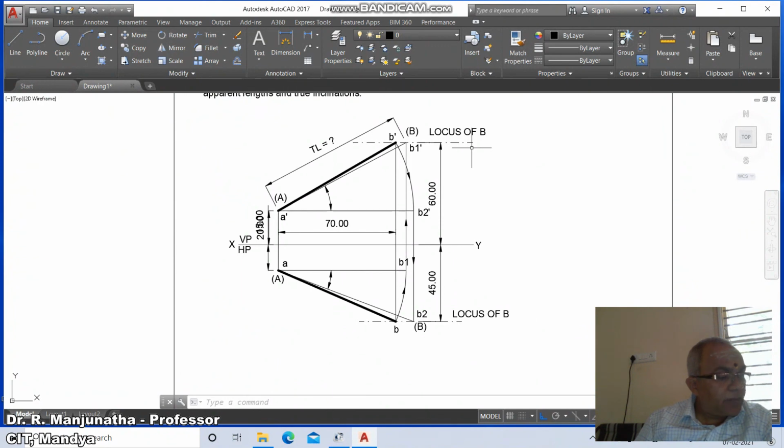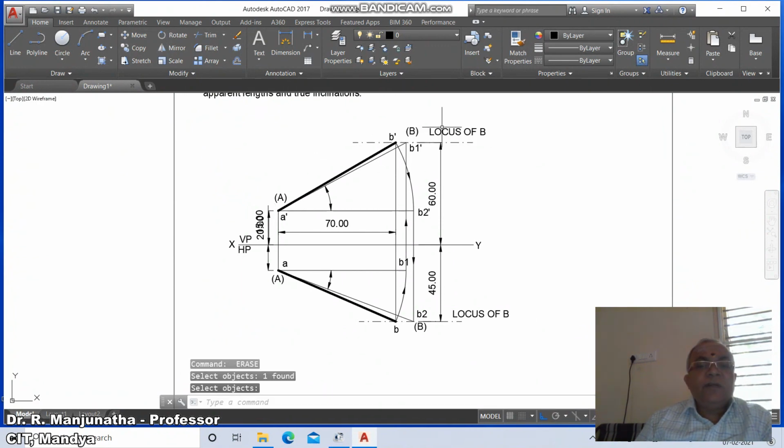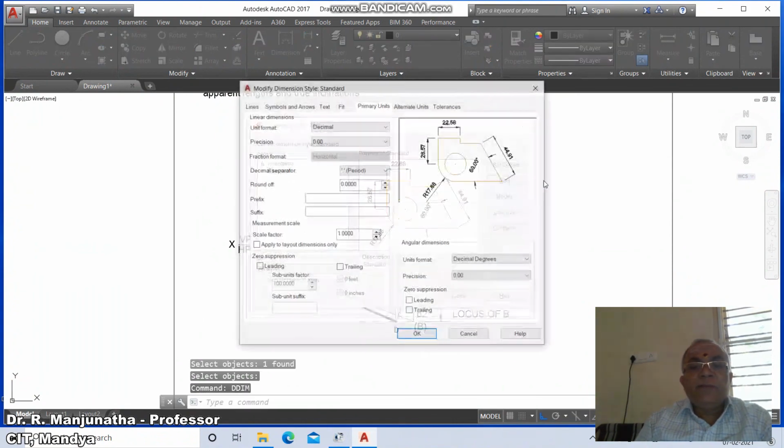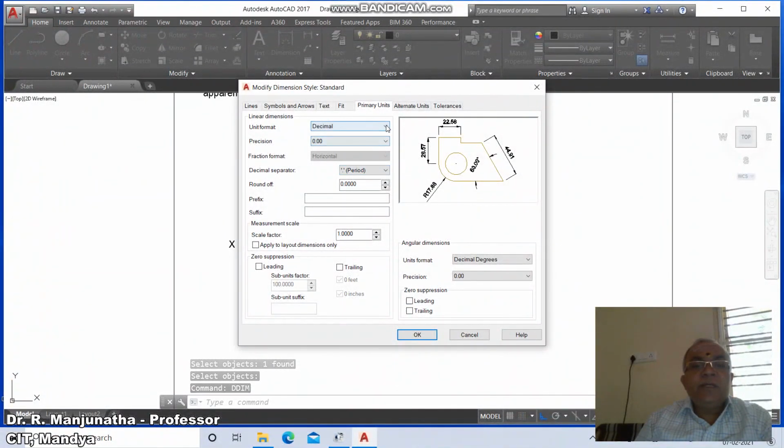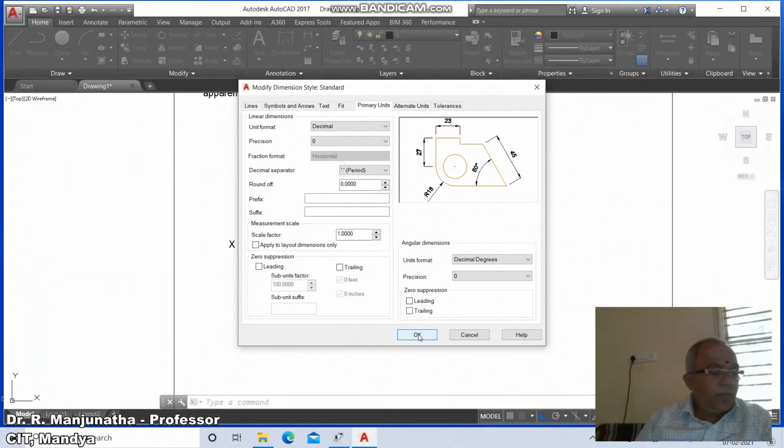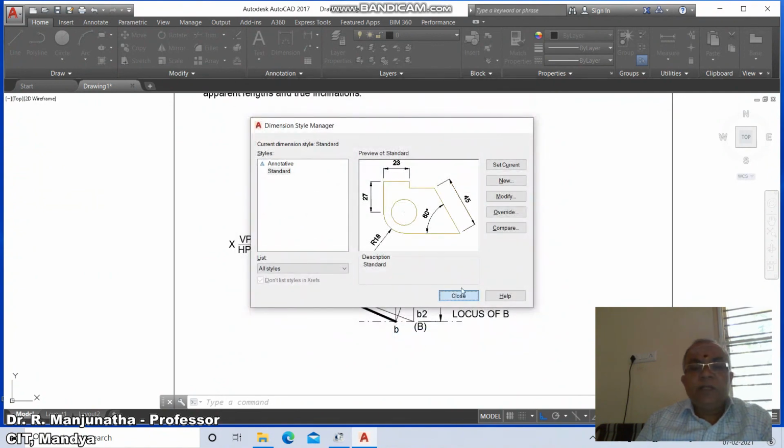Determine the apparent length and true inclination. Since it is apparent length and true inclination, there is no need for us to find out the true length. You just DDIM, come down to modify and change the primary units here, sorry, it is precision, make it 0 and say OK, and here also make it 0 and say OK, and then close.